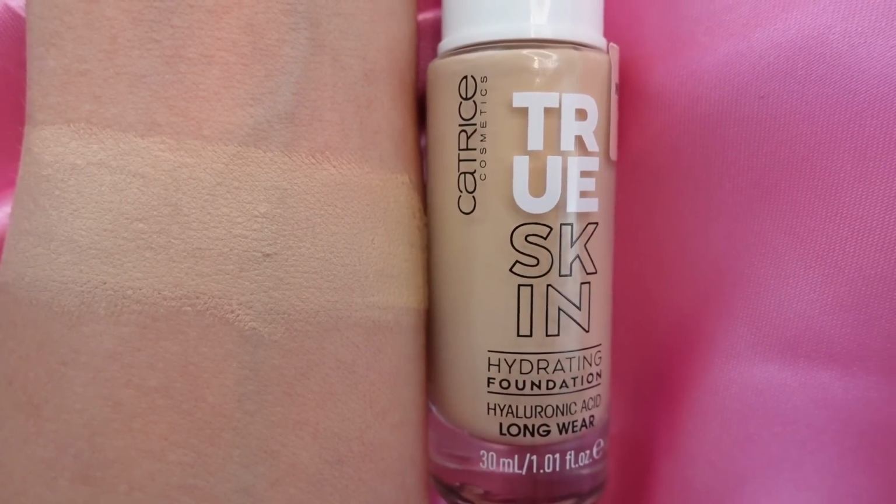Now I do because I love thinning it out even more, but this came through for me before I started using setting spray because of the hyaluronic acid in it. I think that just helps it to spread better. It's a little bit thinner, but when I do swatches of this and the Believe Beauty, they almost look the same. It's incredible. It looks very much the same on the skin, but I can see a little more moisture